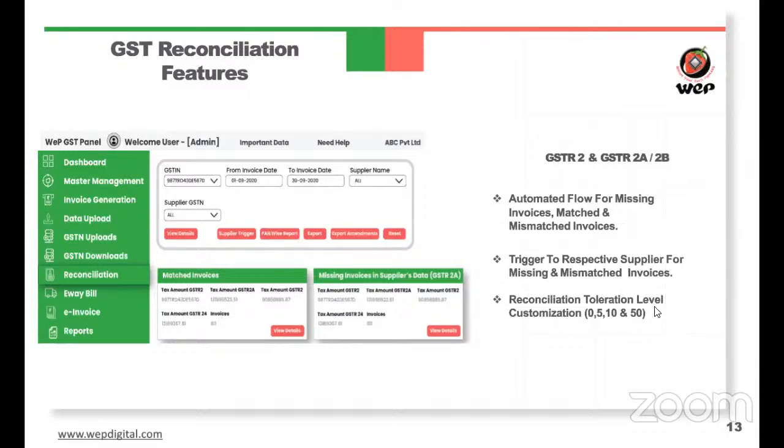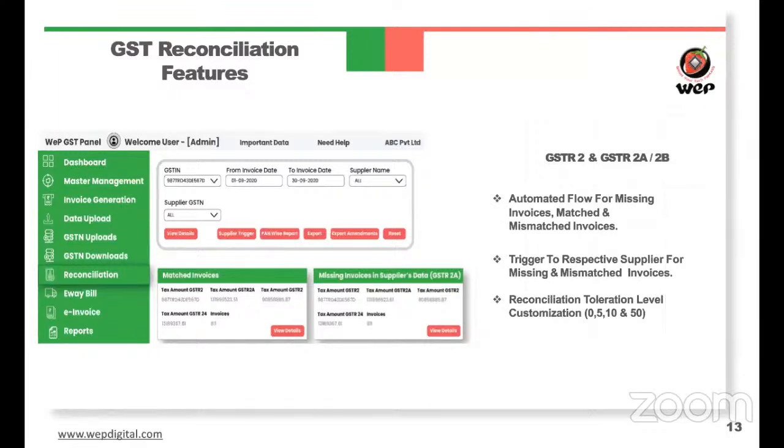In our reconciliation we have the automation part where you can handle your data in terms of missing or matched or mismatched invoices during the reconciliation. For that we have given a separate window, where you can get all the details for which invoices have been missing from the supplier data.